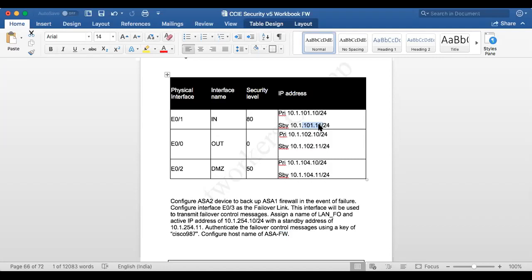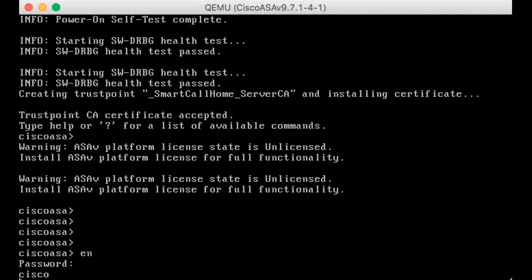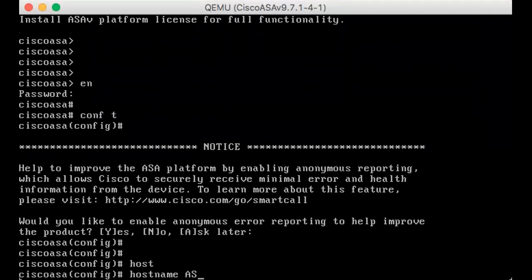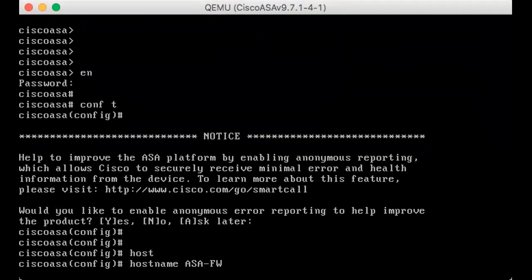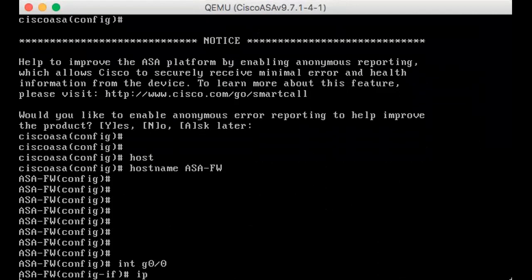Okay, now the question is, what default gateway are you going to give? So if we are going to configure this way, right? So the basic configuration, as I told you, we have to configure. So let me also go to another VNC. I believe you guys are able to see it. Enable, configure terminal, hostname ASA firewall. So here what I'm going to do is gig 0/0 IP address